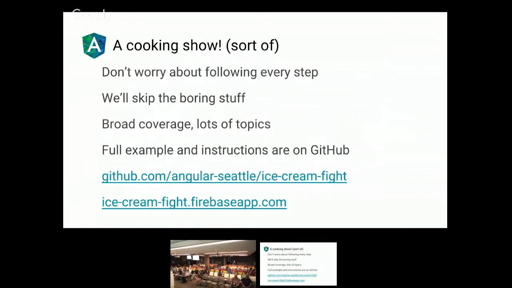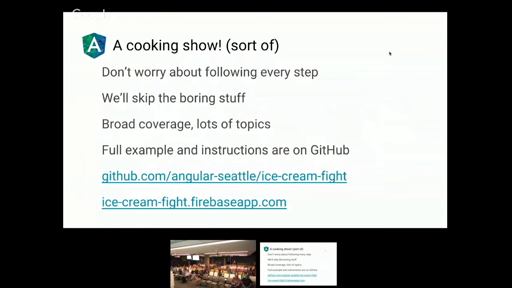And everything for this example is up on GitHub. So on the GitHub repo, Angular-Seattle, IceCreamFight, you can go check it out now. Basically, everything here is laid out step by step, and there's 10 steps total. We've got guides for about 7 of them, and I'm going to be filling that out later. So you can come back there, and it'll be like a full tutorial from start to finish how to make this app. And the app is running, so if you want to go check it out, and I recommend you do that,